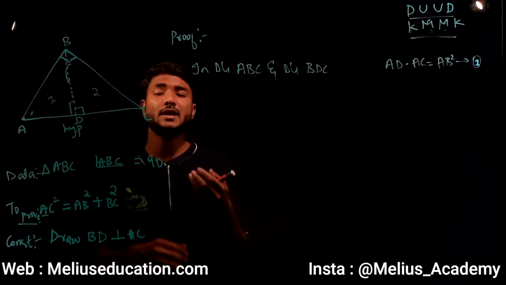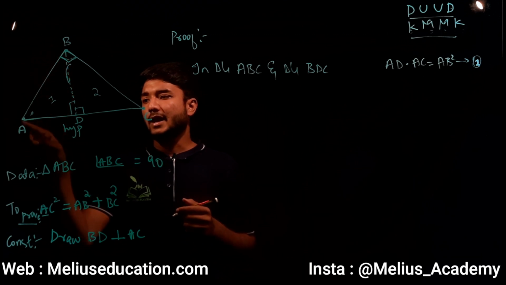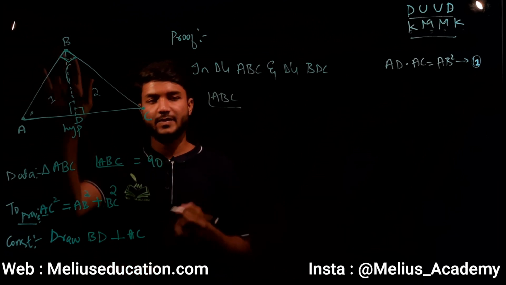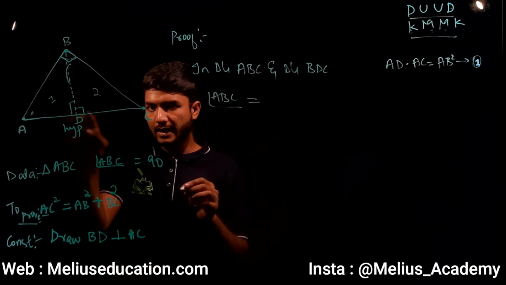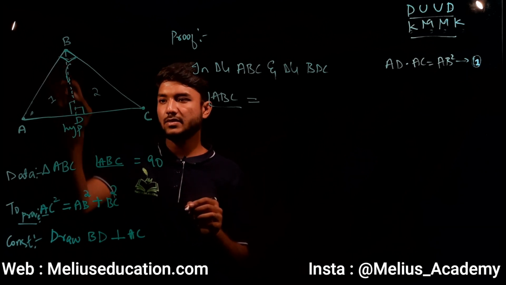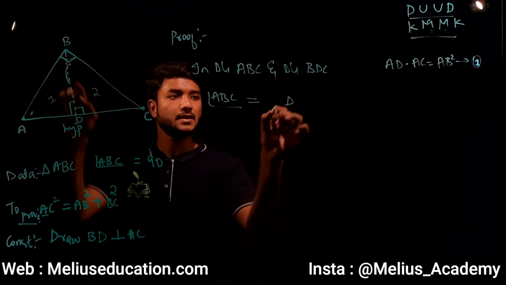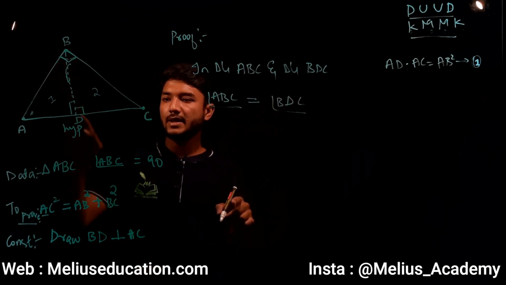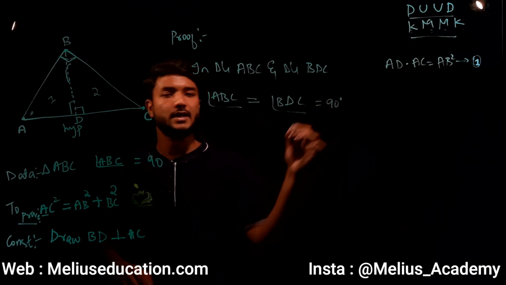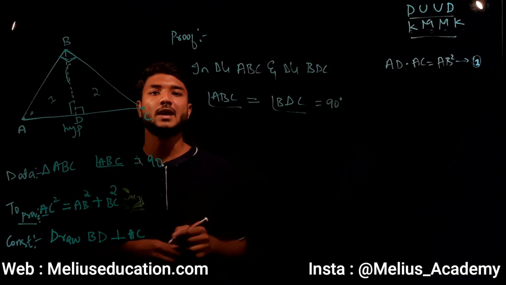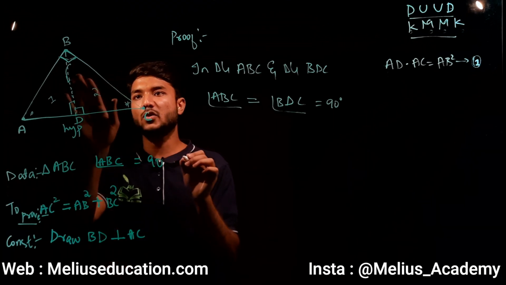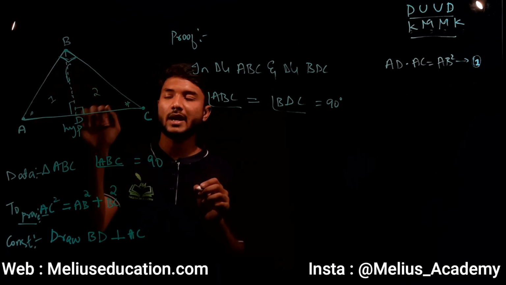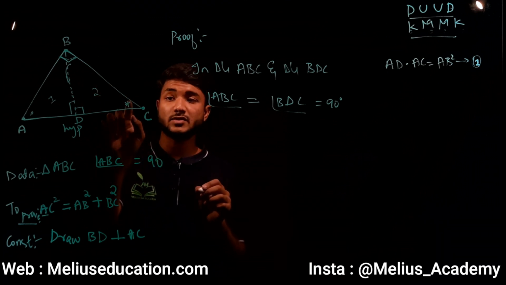Again, you have to prove them similar. How? Just check out. So angle ABC, that is L shape, is equal to angle BDC. We are representing angle D, so we are writing angle D in the middle. Angle ABC is equal to angle BDC, which is L shape, nothing but 90 degrees. One angle has been proved, and find out for another angle. So the angle C is common in both the smaller triangle as well as the bigger triangle. You can check ACB, C is coming in the bigger triangle, as well as BCD in the smaller triangle. So angle C is common here.